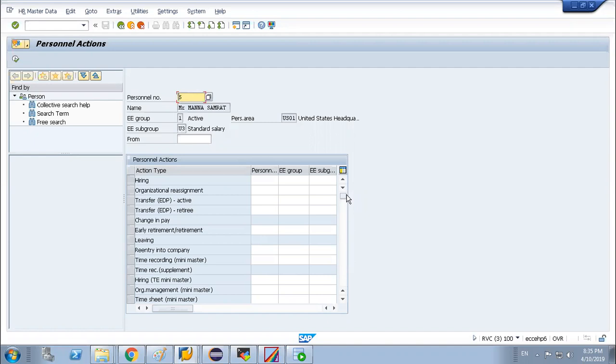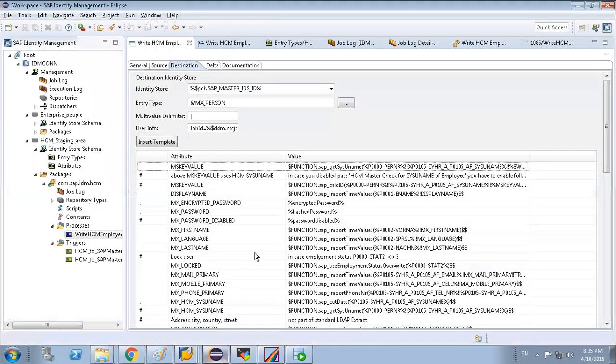How can you do it? I think you have to define a process. Exactly, you have to define a process here. Then I have to create it. The standard SAP process is maintained, right? Whatever data is coming from the partner or P1015, it is written into your MSK value.